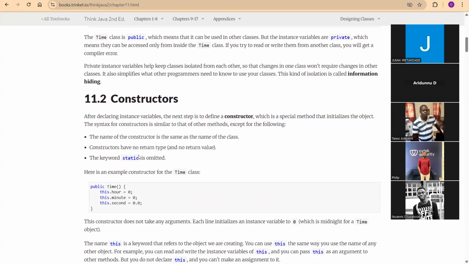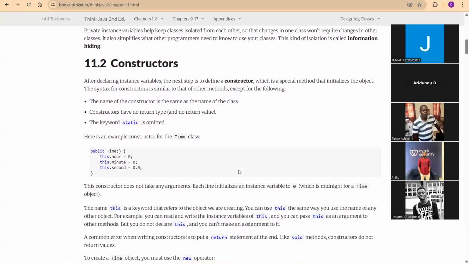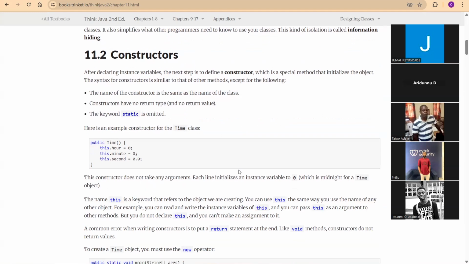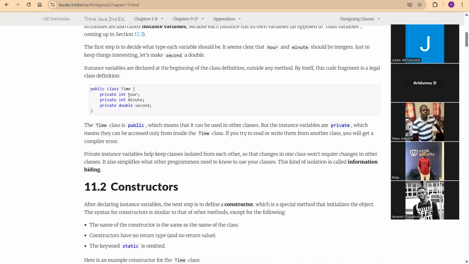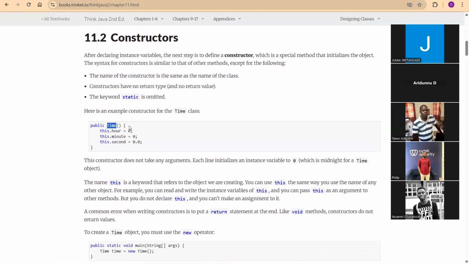All right, constructors. I call them self-initializing. Let's put it that way. They are self-initializing. So when you see a constructor, what you will see is only the access modifier and the name of the class. So for example, you have created class Time here. When you want to identify or create a constructor, it is going to be